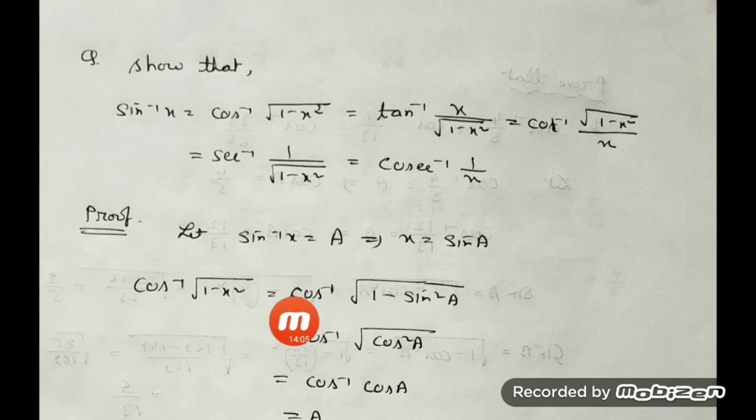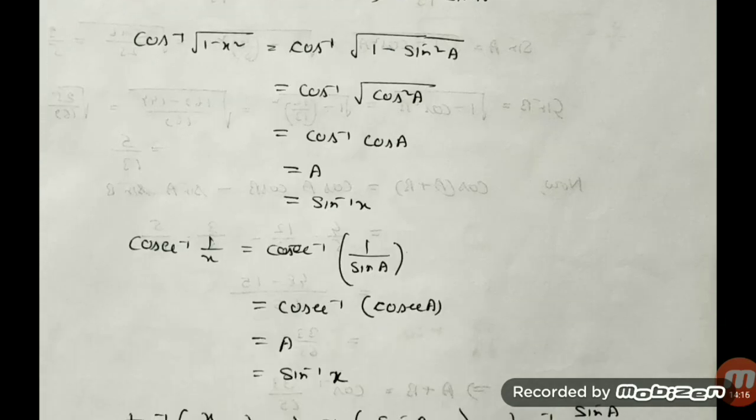Cos inverse of under root of 1 minus x square, I'll go to substitute it. Cos inverse keep as it is. What is x? X means sin A. I convert into trigonometry. 1 minus sin square means cos square. What is under root of cos square? It is cos A. And already we know the value of cos inverse of cos A. Cos inverse and cos, or cos of cos inverse, both give you what? A. And what is A? Sin inverse of x. That's completed.